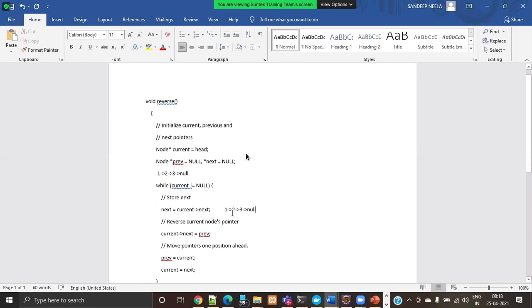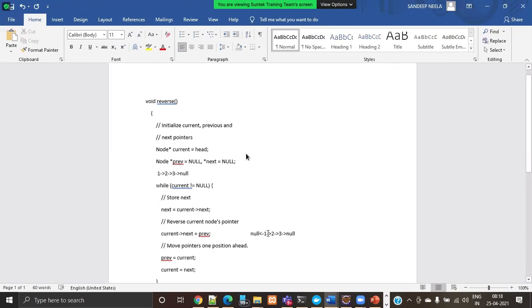But in the first iteration, apart from this pointing to this one, we are making this one also point to null, nothing but previous equals null, initially.